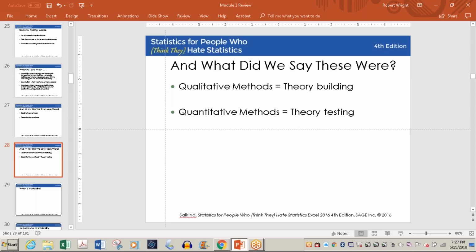This is where you're taking information from people. It can be numerical data, but a lot of times you're getting opinions, general tendencies, people's perceptions and things like that. Then you take these things and you code them and you analyze them and say, well, based on what our surveys indicated, we think this is going to happen. Then you put together a hypothesis, and then you start doing quantitative methods, where you're taking numerical data and establishing it to prove or disprove your hypothesis. So again, qualitative is theory building, quantitative is theory testing.